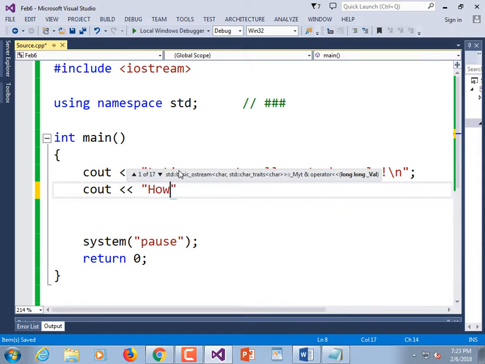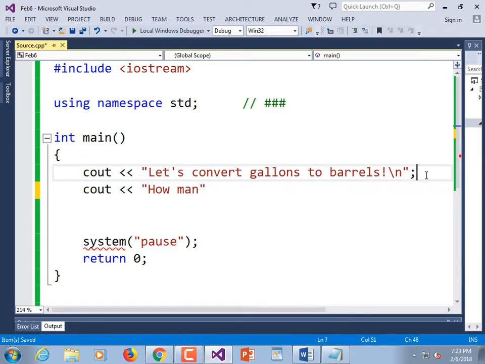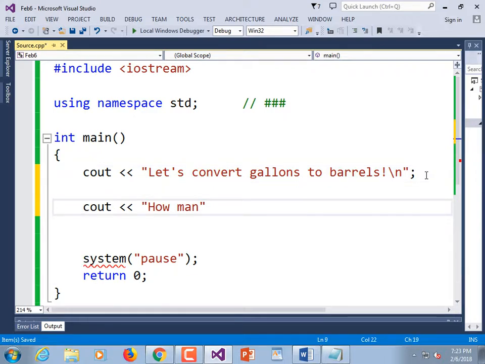Cout how many. Oh, I hate it when it pops up the thing covering the text I just typed. "How many gallons of oil do you have?" My answer would be 0, but